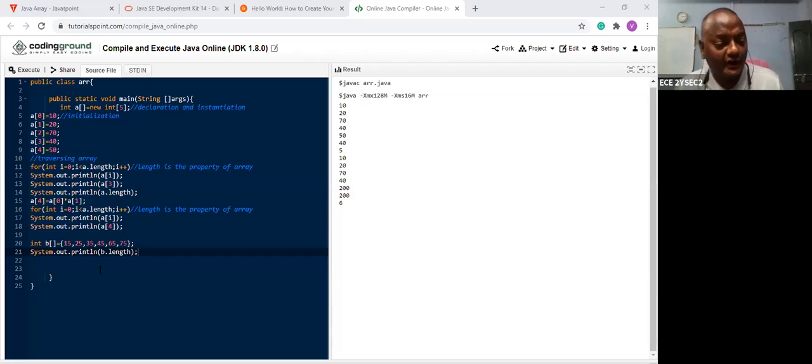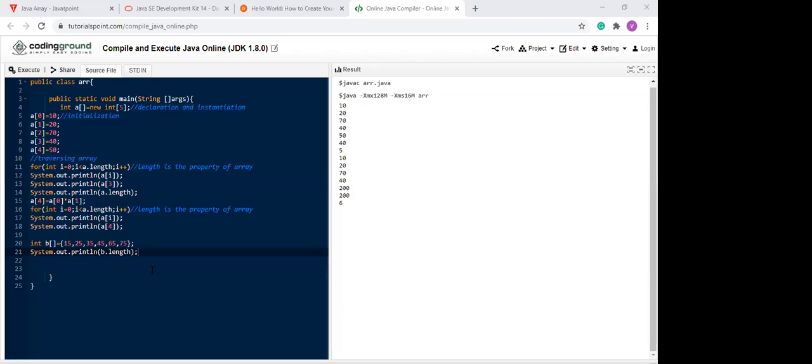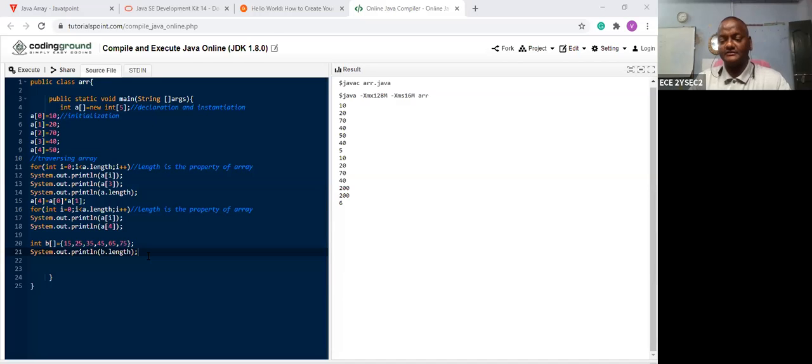Okay. Can you please find how to access the third location from the B array? I want to access the third element of the B array. What is the instruction you will use? I want to display the third element of the B array.